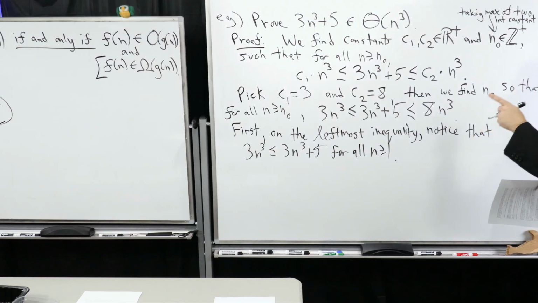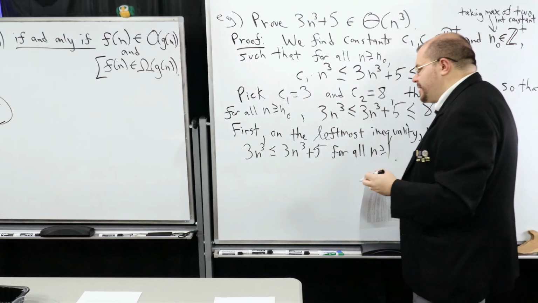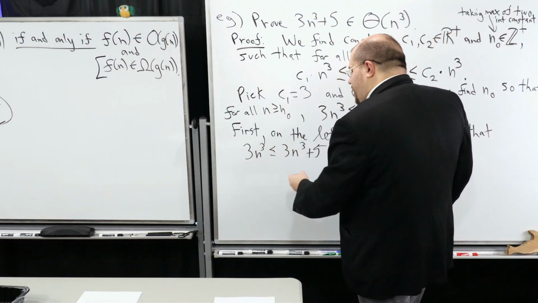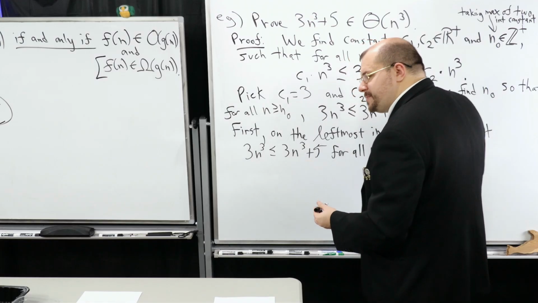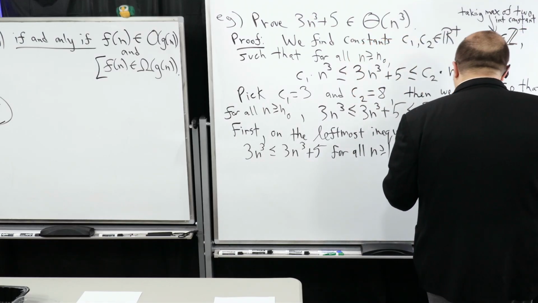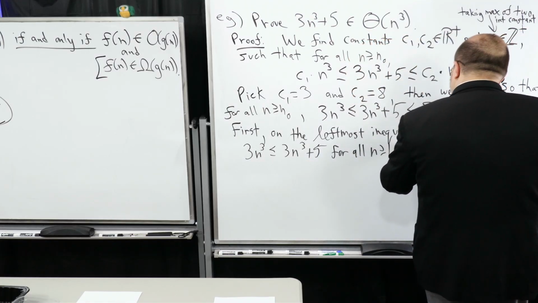I think this statement is easy enough for you to see directly, because there's 3n cubed and then there's a 3n cubed here plus a little extra bit. Nothing scary about that. Second,